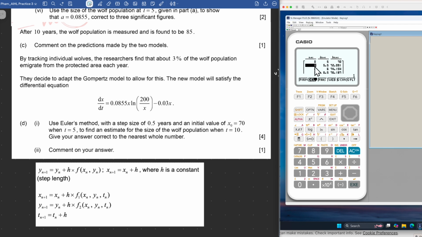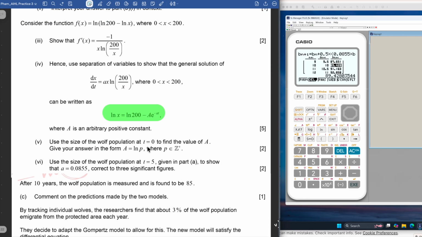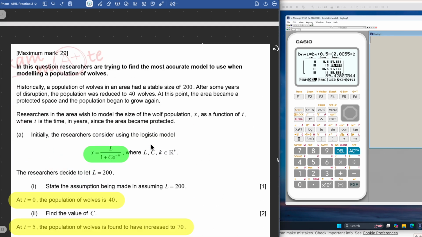So here at the second column, the time, we go to the time 10 years. This is the result: 89.428, and we round to 89 because the digit 4 is smaller than 5. So the answer is 89 after 10 years. And if we continue, we see that it keeps increasing. So how do we comment on our result? The number of wolves